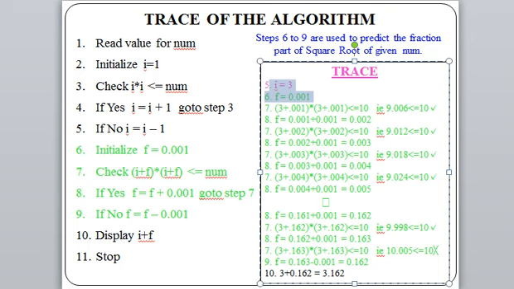Integer part prediction is over by steps 2, 3, 4, 5. Now we have to predict the fractional part by steps 6, 7, 8, 9. That's why I plus f. So I initialized the value of the fractional part as